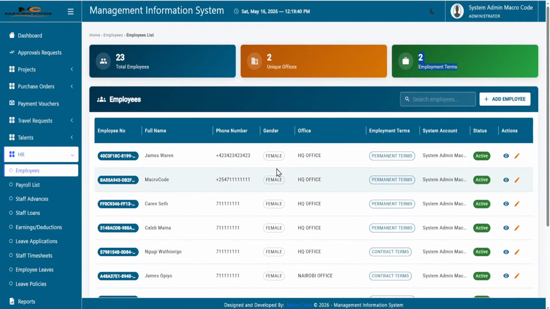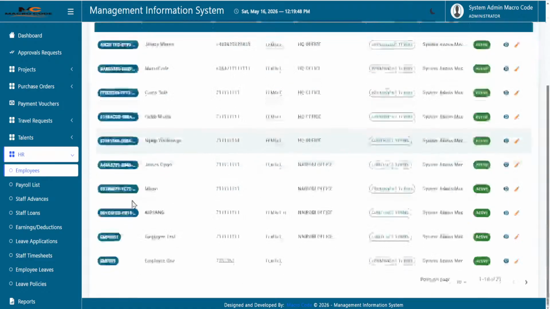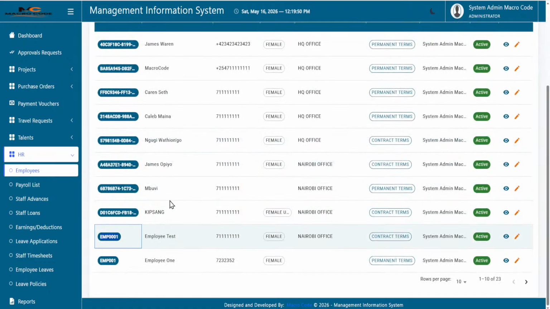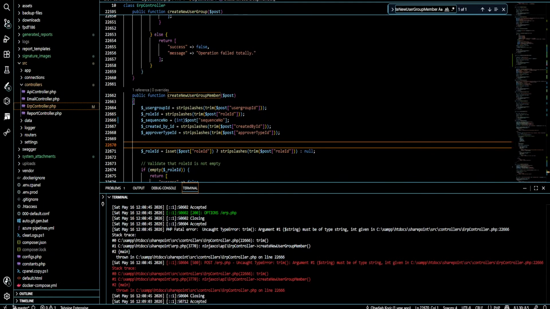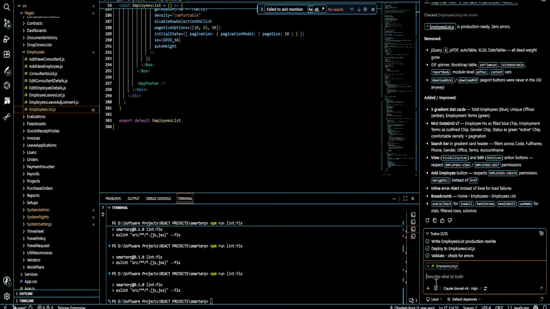Then here you can search an employee. You have employee number. For the full name, I like the abbreviation also. Add abbreviations just before full names. Then